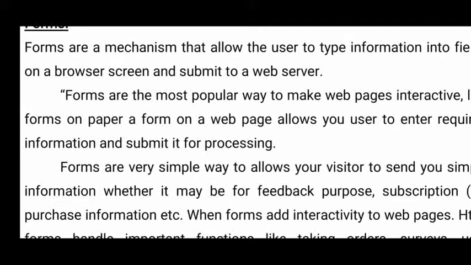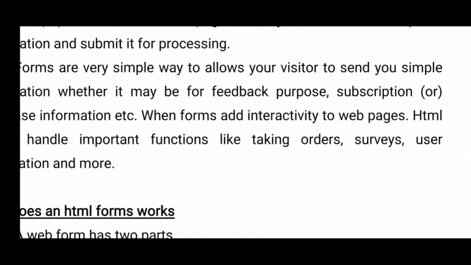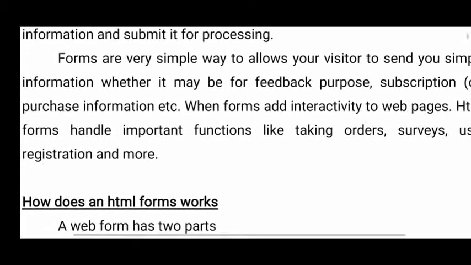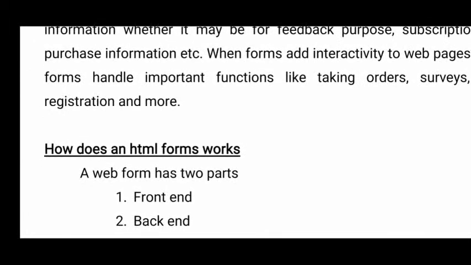Using forms, the user enters the information, and that information is submitted to a server. Like a paper form, you can design a form on a web page, and that web page can communicate with the server. But what is the main purpose of forms here? Using forms, we can send information to a server.